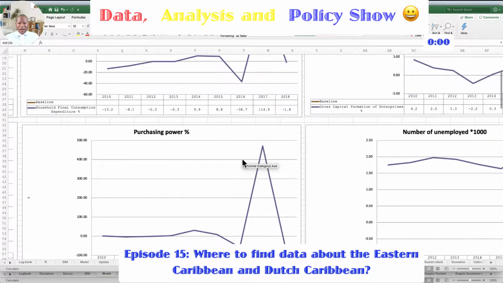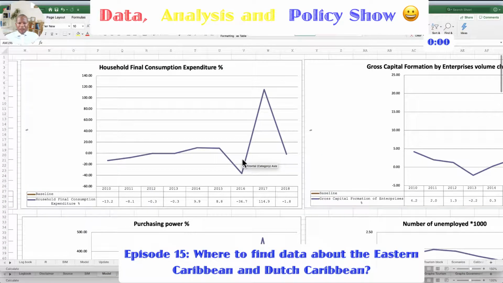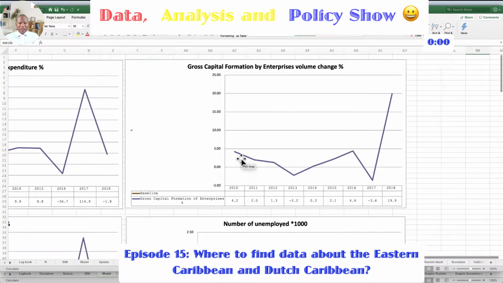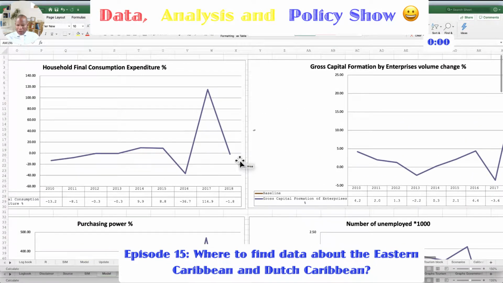You see, these are the kinds of things you are looking at: the different islands, the capital formation, etc. So here you see we are in Dominica. Now, going back to the model. So now let's look